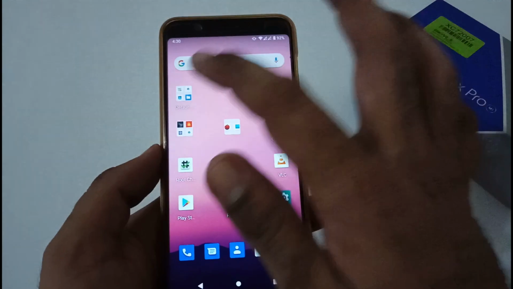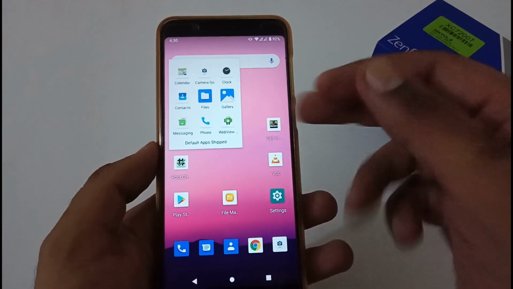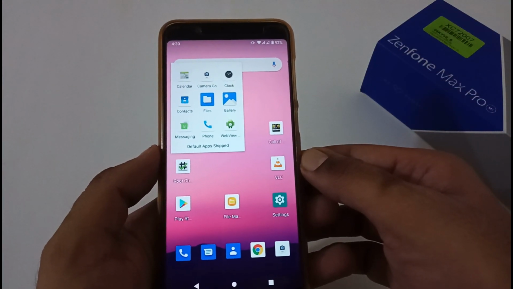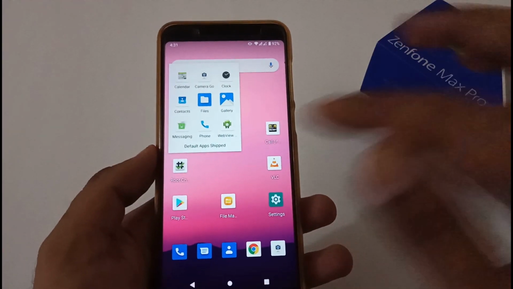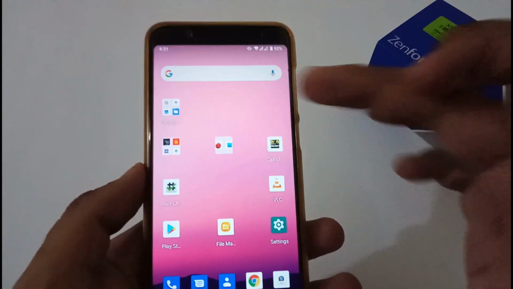So after quick settings, now let's move to the default app shift. These are the default app shifts. You can see that all those are very old versions of phone, messaging, contacts, and so on, because this is an AOSP version. But I have installed my separate apps for phone, messages, and contacts.